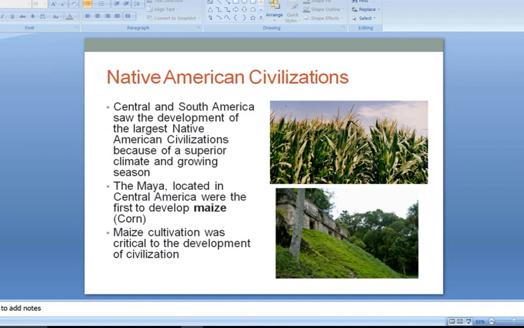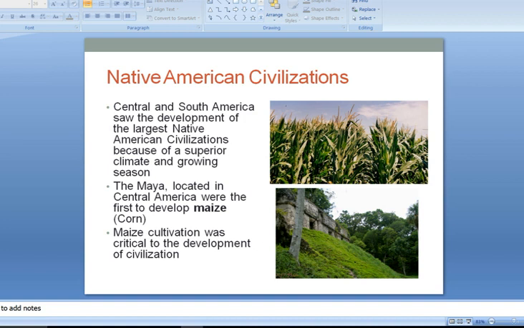Now, a lot of the tribes in North America are going to be advanced, but nothing is going to be in comparison to what develops in Central and South America. Since grade school, you've learned about the Maya, the Inca, and the Aztec. Well, let's focus in just a little bit. So, looking at Central and South America,